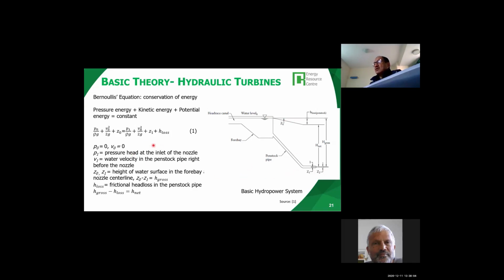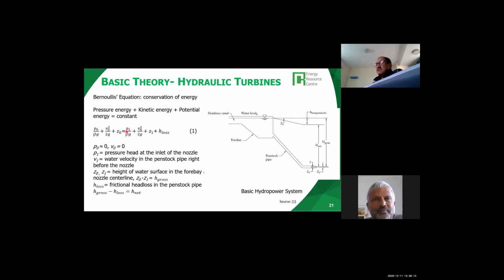Okay, and now at the turbine level 1, the pressure energy is P1 divided by gamma or rho g, plus V1 squared over 2g. This is the velocity head, kinetic energy, and the potential head is the Z1. Z1 is the level of that location, and the penstock loss is H loss. Okay, so based on that, we know that P0 is 0 because on top of this,